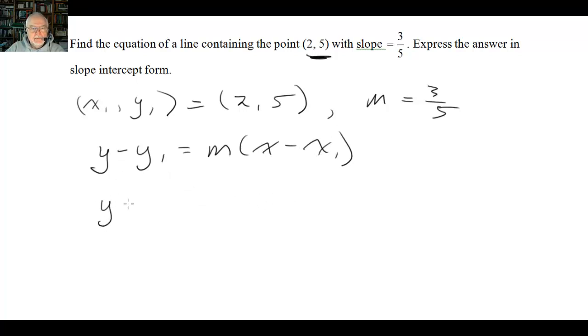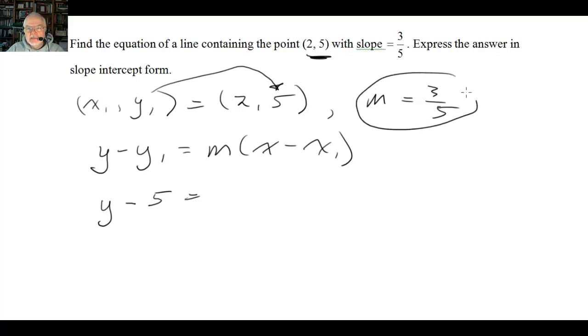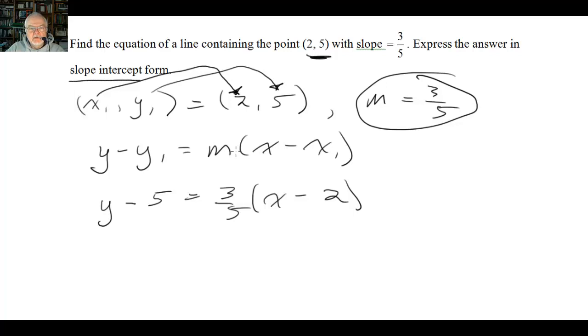Alright, y is y. That's the coordinate for the point that can be anywhere on the line. y1, well, we're given y1 to be 5, so I plug that in there. Slope, well, that's this guy over here, so that's 3/5. x, again, is the coordinate for the point that can be any point on the line. And x sub 1 is the coordinate for the given point, and that's x sub 1 equals 2. And if you stopped here, you'd be wrong, because we have to give our answer in the slope-intercept